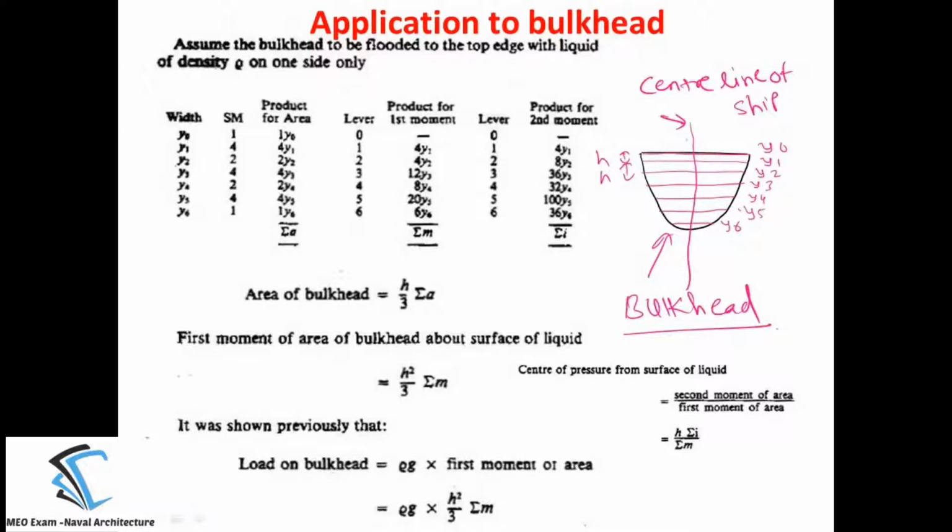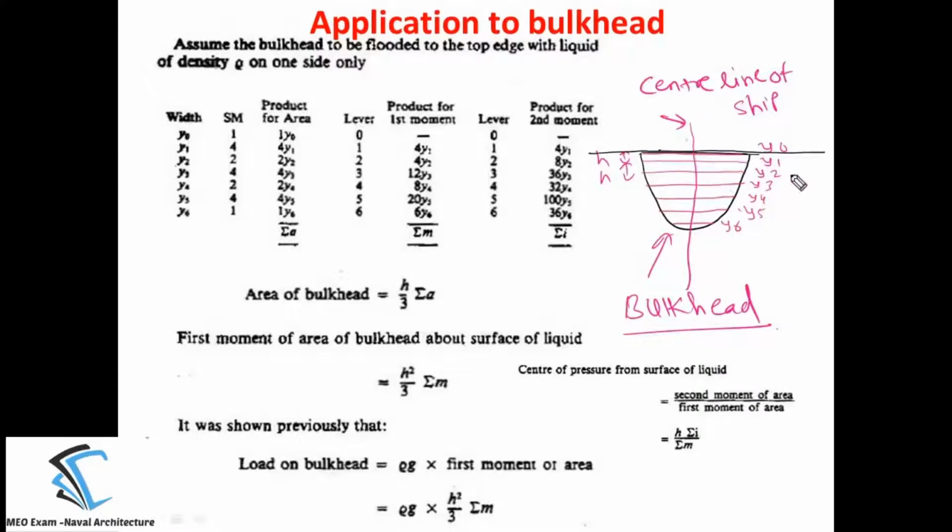So for that purpose, I will take the top of the bulkhead as a reference. I am going to take the first moment from the top of the bulkhead, and the second moment from the top of the bulkhead. It means that the reference is the top of the bulkhead, so the location of the center of pressure will come from the top of the bulkhead only. This is the first thing. The second thing is,